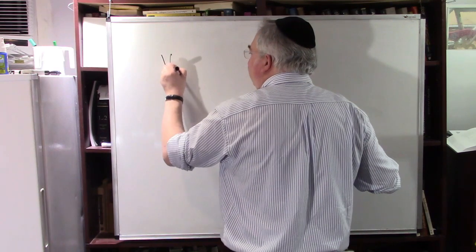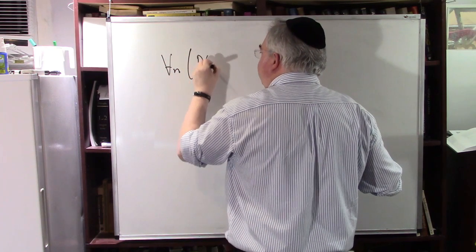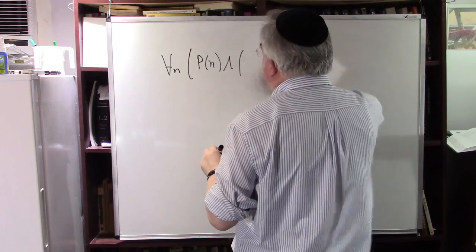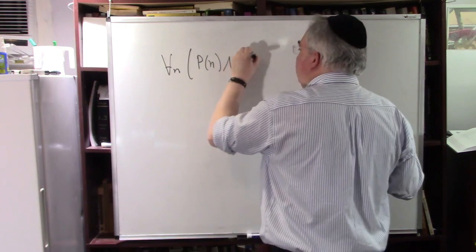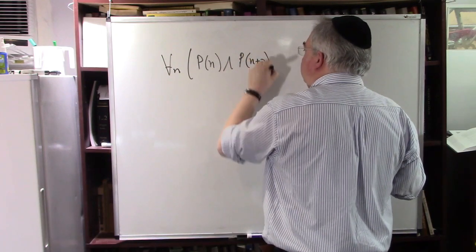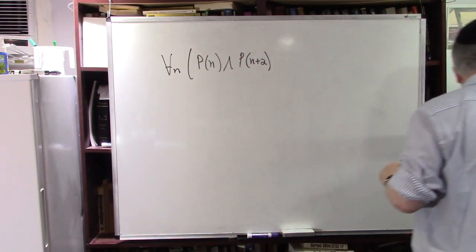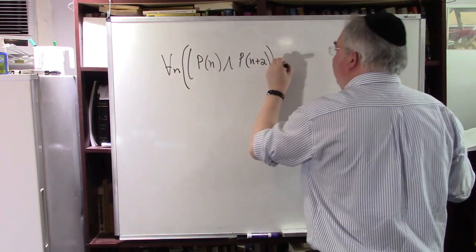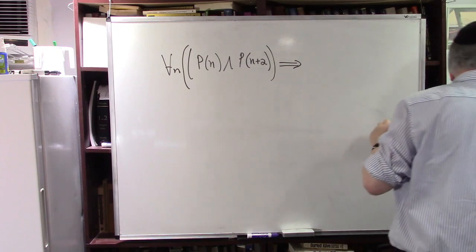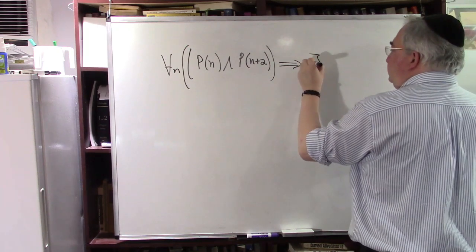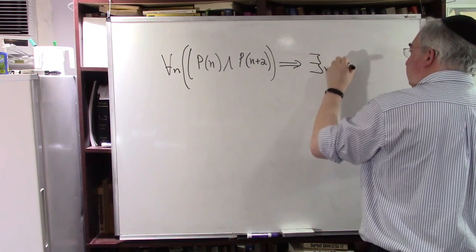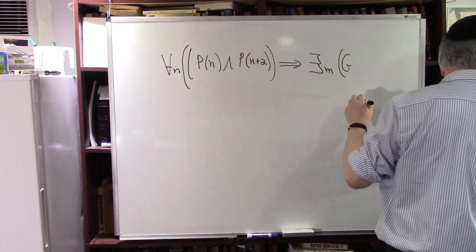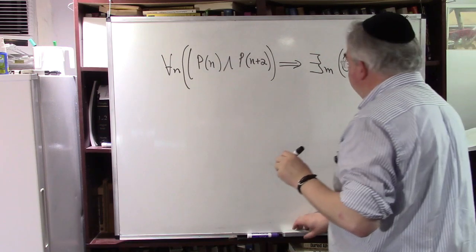For all n, P of n and P of n plus 2 implies there exists an m such that,